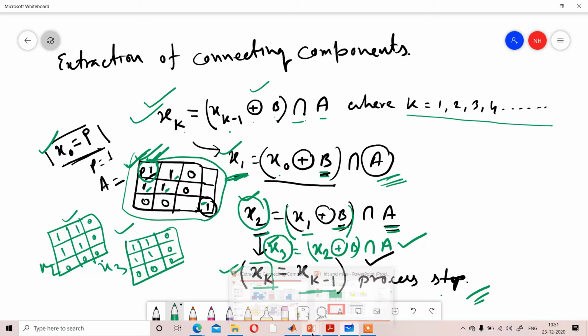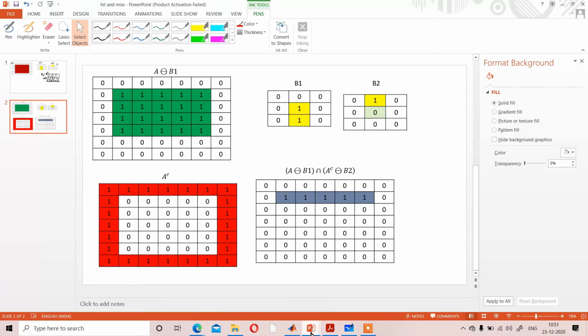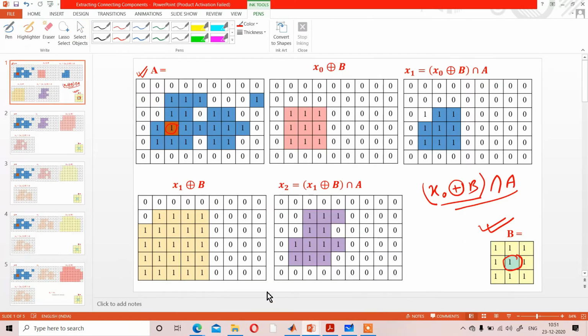Now, if we check the example, that is your original image A, where these are your binary value 1, provided as white, and 0 is provided as black.